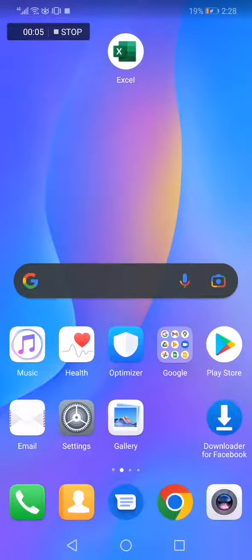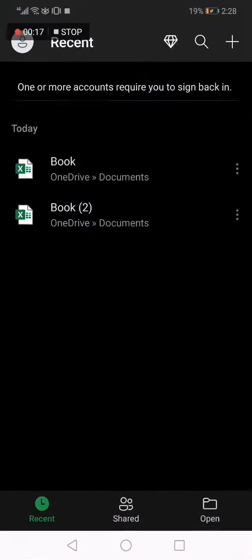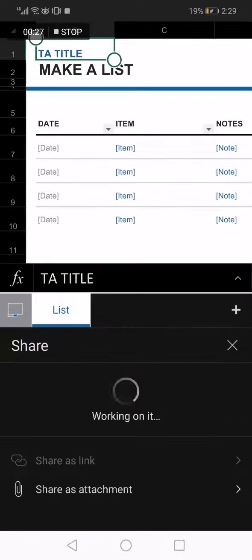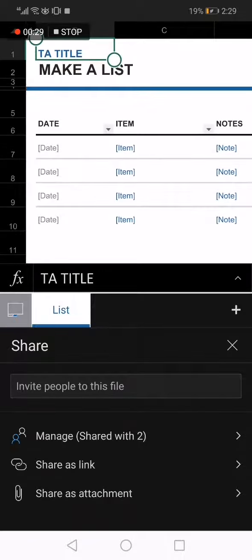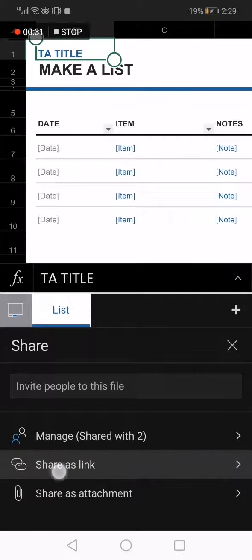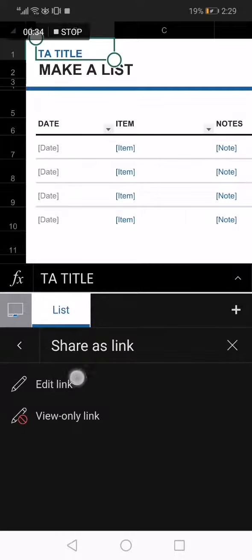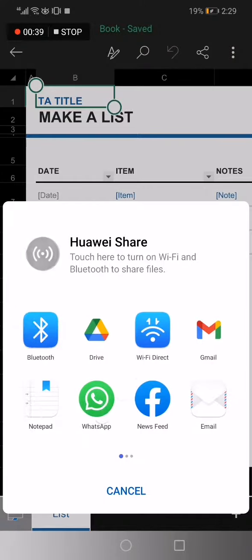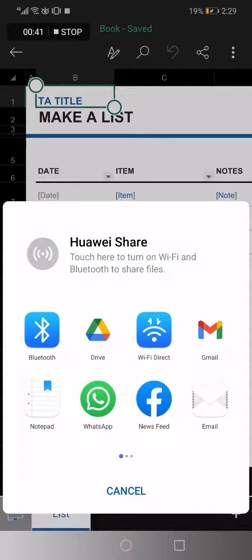Hello guys, in today's video I'm going to show you how to share your Microsoft Excel document as a link to WhatsApp directly. So all you have to do is go to Microsoft Excel and choose the document that you want to share. For example, I'm going to choose this one and go to the top right here, click on this little icon, and now you will find this page. Go to the share as a link option and click on edit link and choose WhatsApp right here, and everything will